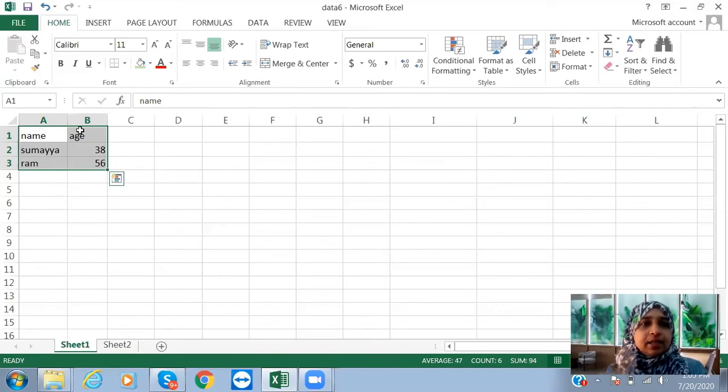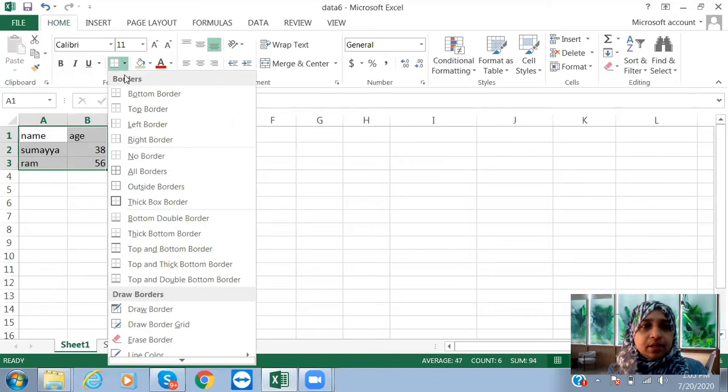Select it, and here you can see the border. See, close after underline, here you can see the bottom border, right? And there is a drop menu here. Click on here, you can use any border here. So this will give you only the bottom border, and this is only for the top border. This is left border and right border, and this is no border. And if you want to give all borders, then you can click here. This is the one normally we use. Okay, anything you can use, all border.